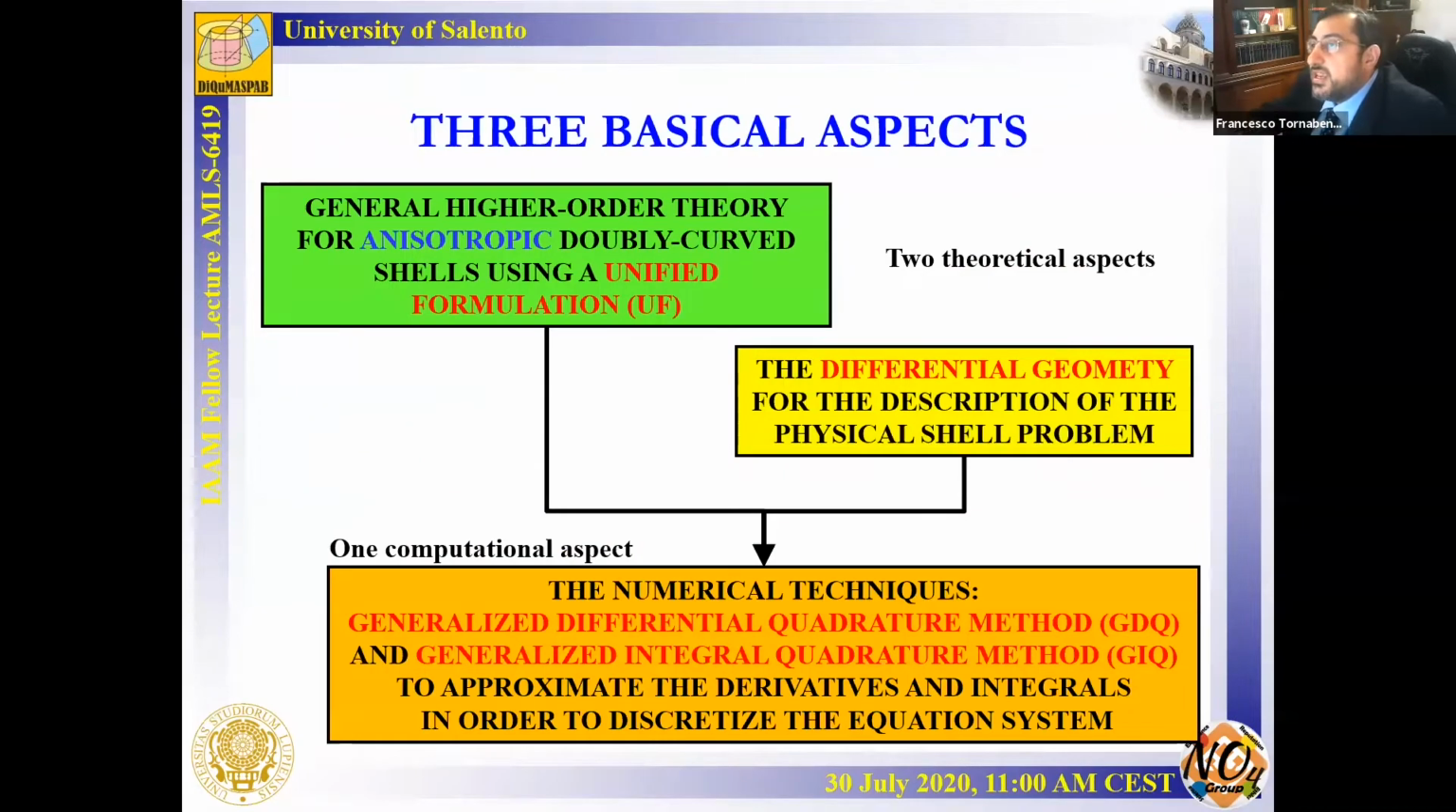This lecture is based on three basic aspects. Two of them are theoretical. One is the generalized higher-order theory that allows us to study anisotropic doubly-curved shells using a unified formulation. The second one is differential geometry, which allows us to describe the physical problem. And finally, a computational aspect that allows us to approximate the derivatives and the integrals in order to discretize the